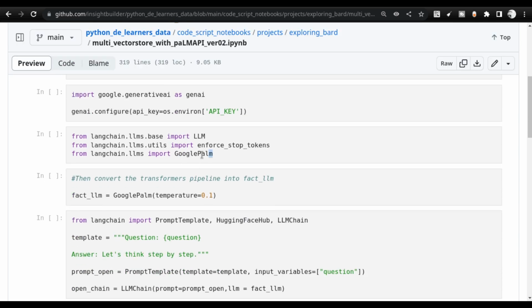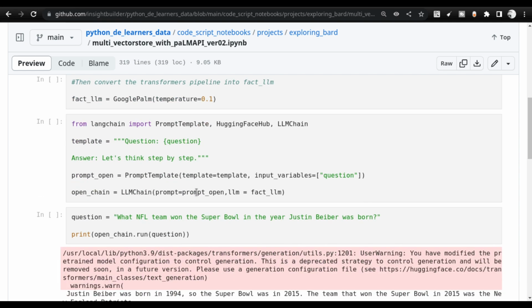And after that, you see this particular import. This is the import I was talking about. So you can use GooglePalm, and then it's from there. It's very similar to the OpenAI version that you have used till now, or the Hugging Face Transformers model versions you have used till now. All you need to do is import this, give the temperature, and then start the prompting activity. Rest of the things are pretty simple when it comes to